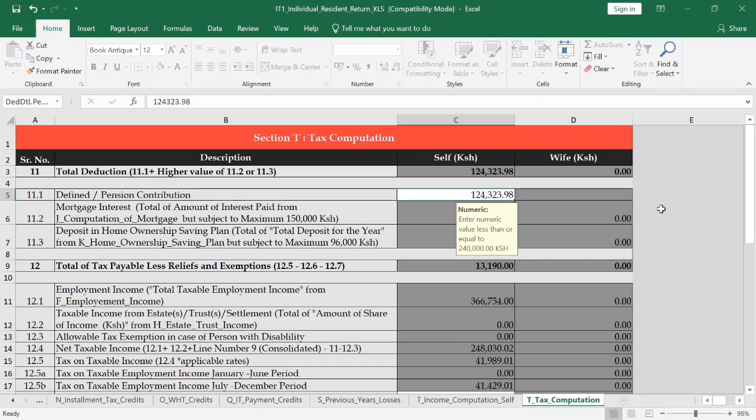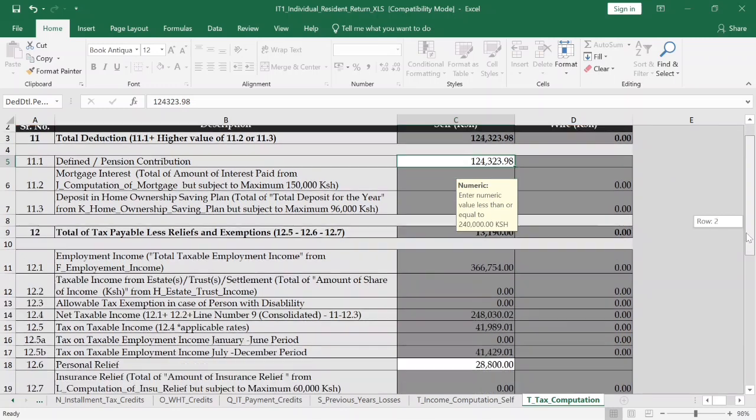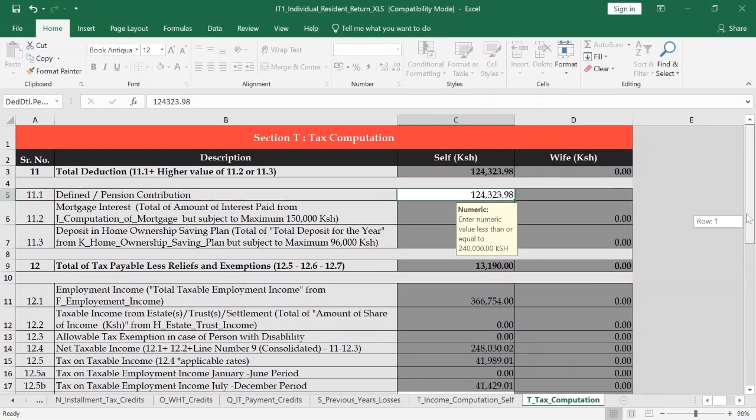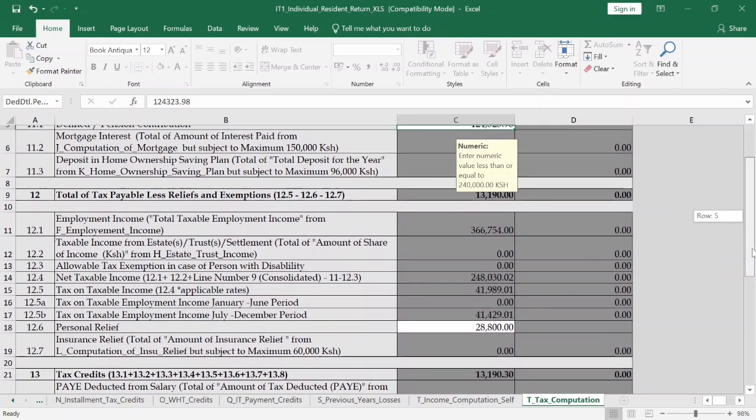So over here you'll put your defined pension contribution as per your P9 form. Remember, if you have not filed normal returns with P9 form returns, you can always check my previous videos and you'll be able to know how you can do this. But today our main focus was on